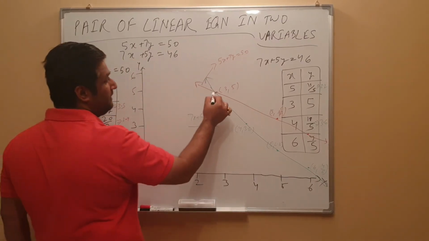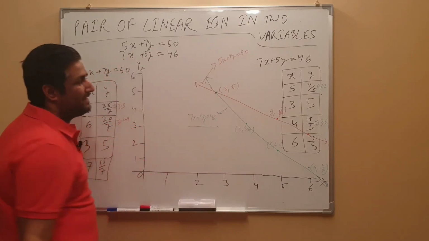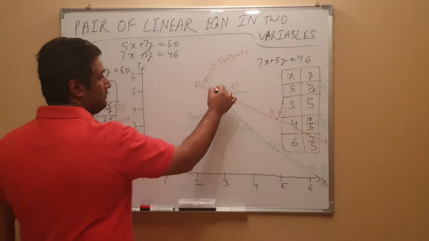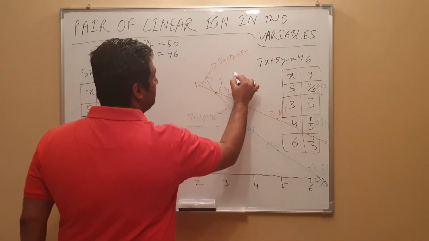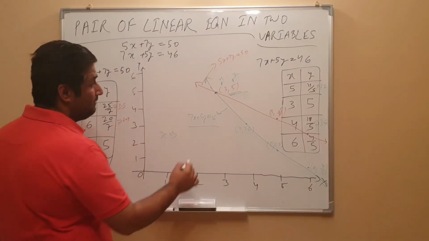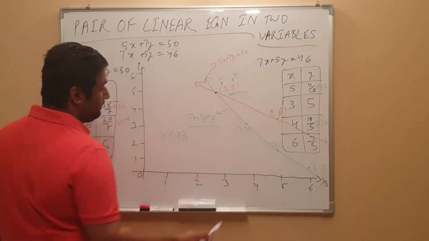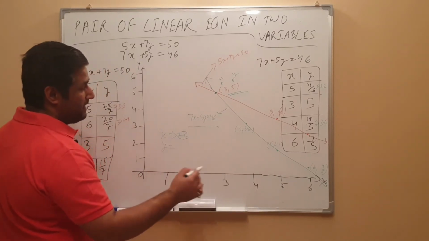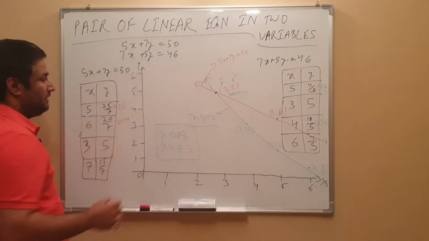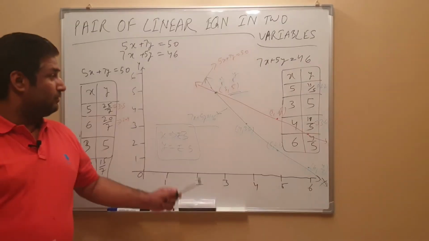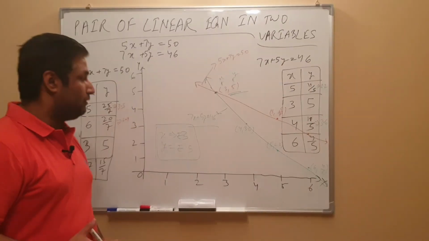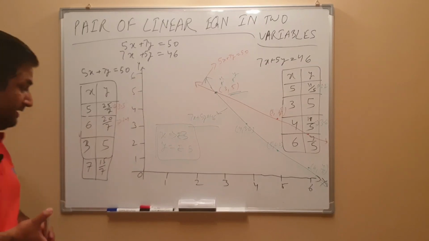Now if you see this carefully, both the lines are intersecting here, which is 3 comma 5, correct? So the value of x is 3 and value of y is 5. So x was cost of the pencil, which is going to be 3 rupees, and y was cost of the pen, which is going to be 5 rupees, right? So this is how you will get the solution graphically. Obviously where the graphs intersect, that point will be your solution. Okay, so I hope it will be very clear to you.